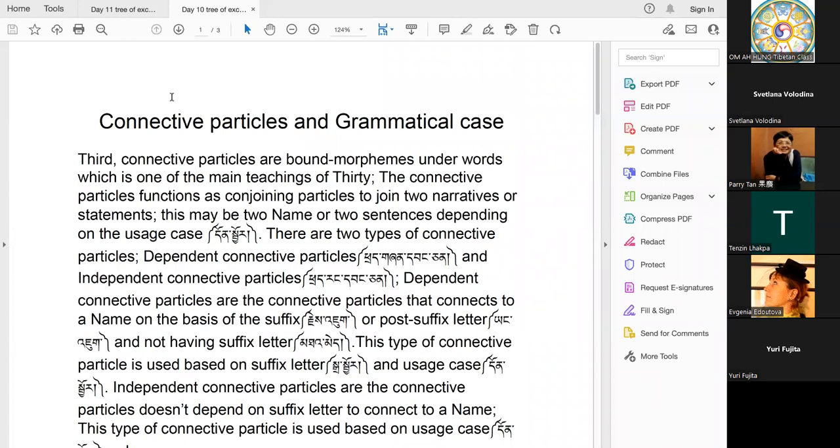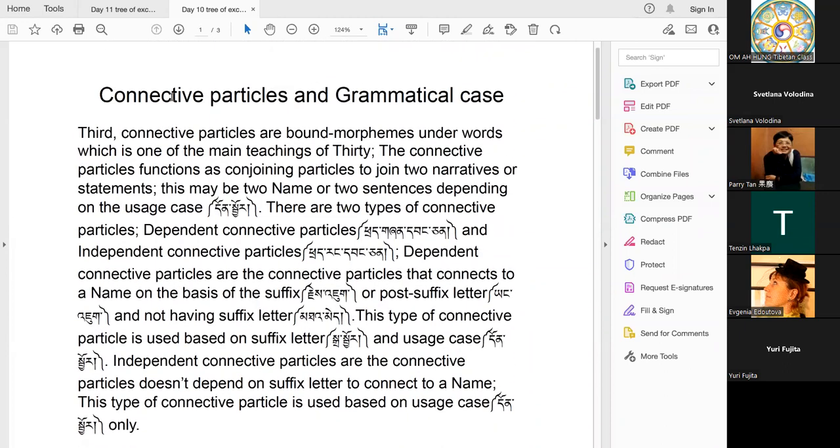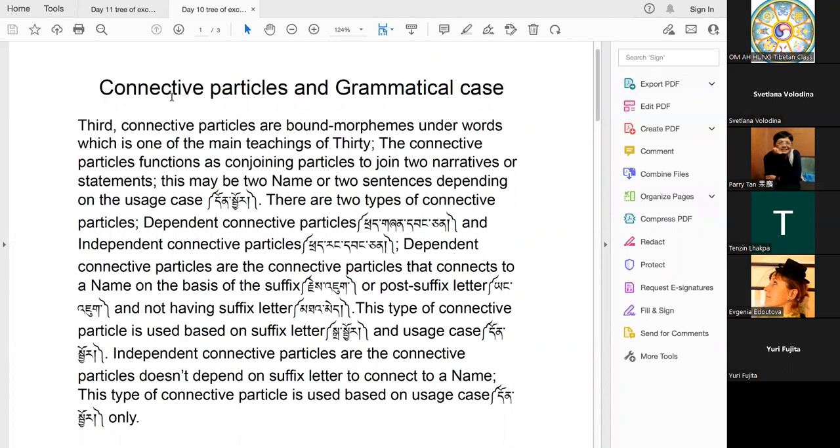And today we're going to have a small question answer session. It's a surprise quiz, but it's going to be based on what we're going to learn today. So it's more like a quiz based on the class rather than a surprise quiz on the entire course. So therefore, the connective particles and grammatical case, so connective particles, as we have talked,